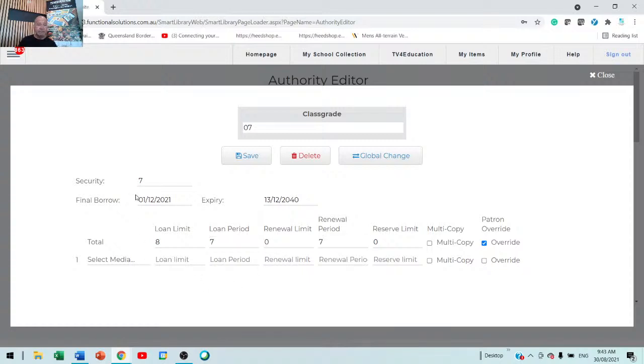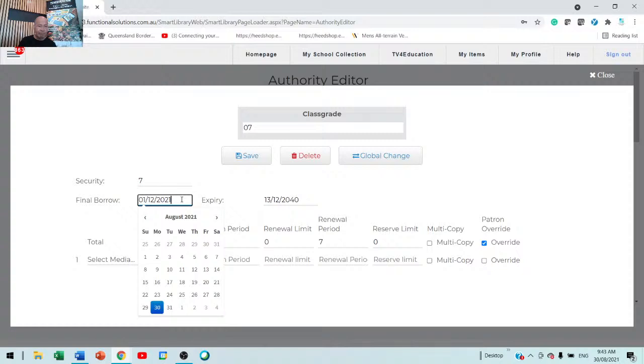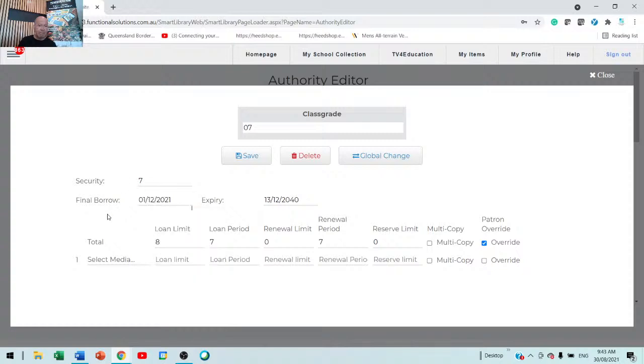So if Johnny comes and he borrows a book on the 30th of November, it'll calculate 7 days. However, it'll say, yes, I know it's 7 days, however, the librarian wants the books back by this date, so it'll cut back and only allow them to borrow it up until the 1st of December. But of course, we're in August, so it makes no difference. They can borrow for 7 days, so it'll take it to the 6th of